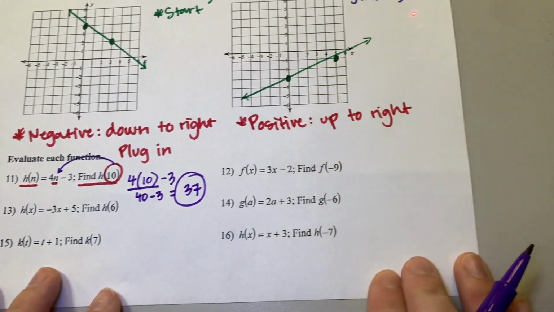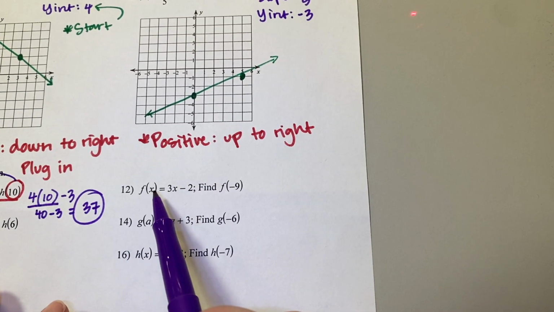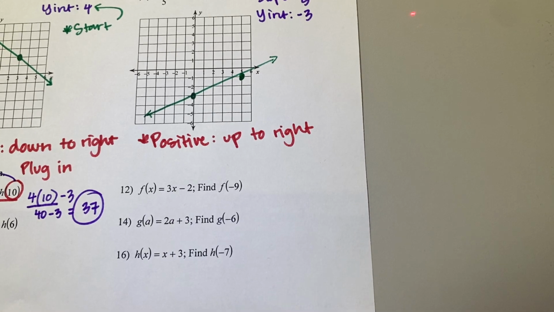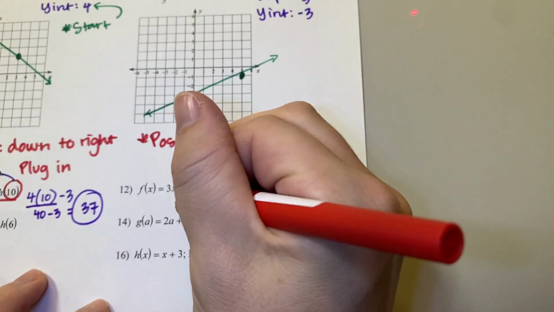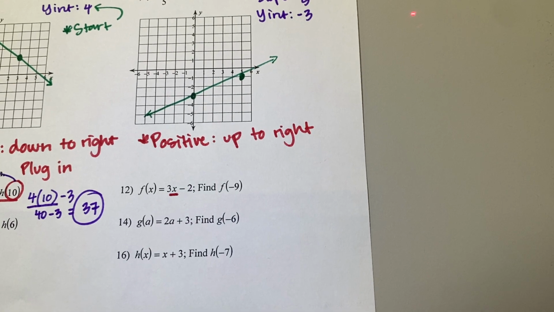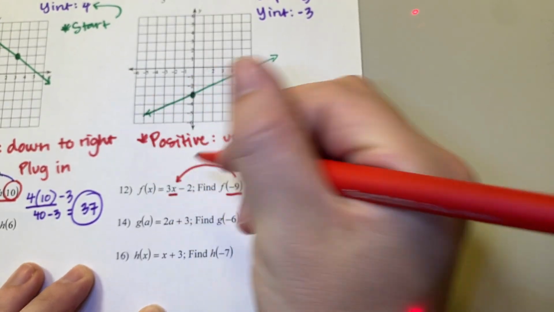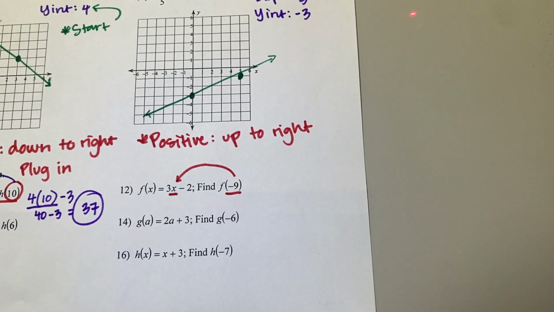Okay, so let's do that again. So we have a function, that's what that little f means, a function of x. Okay, so here's our x in our function. What are we plugging in to that x spot? What is it? -9. Beautiful, Braden. So we're going to take that -9, and it wants us to plug that in where that x